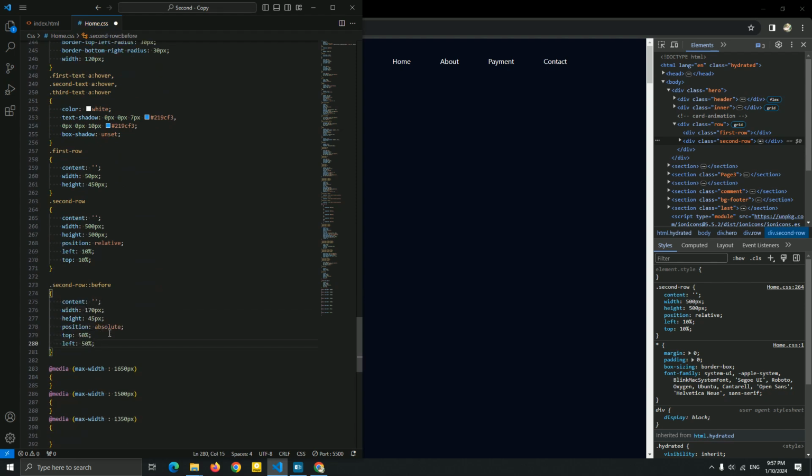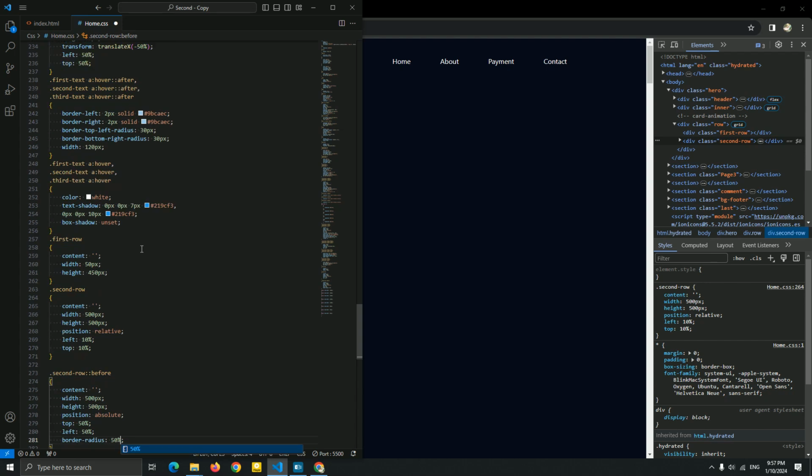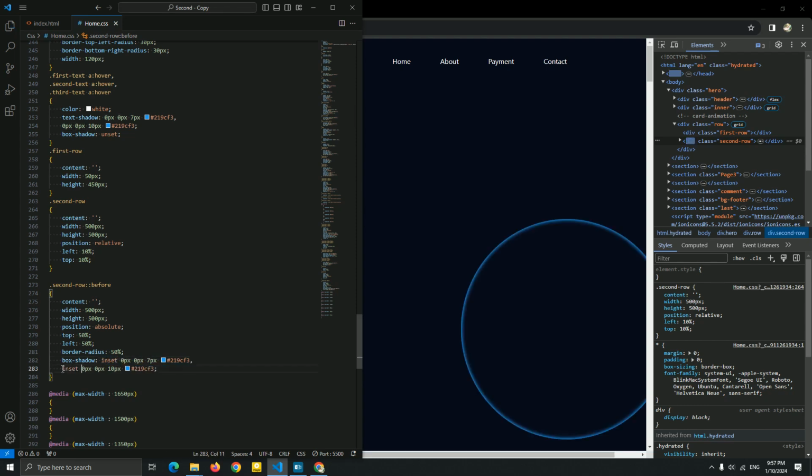Okay, content empty. Let me add the width, and let me add the border radius 50% to be a circle, guys. And let me just add the box shadow here. I'm gonna add inside instead of outside, to be inside of this circle, guys.